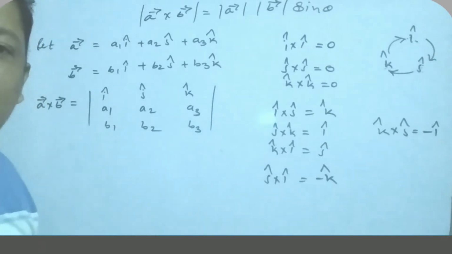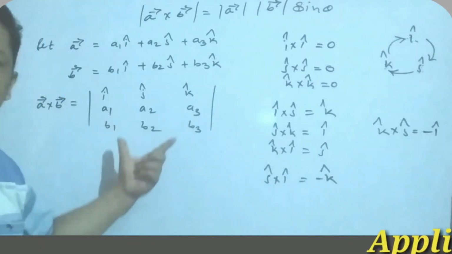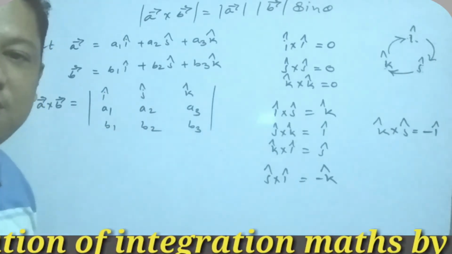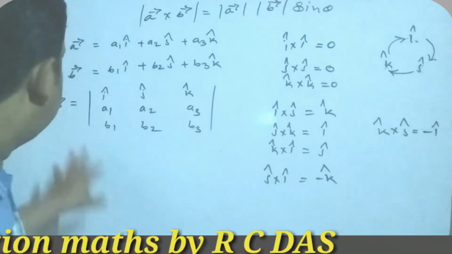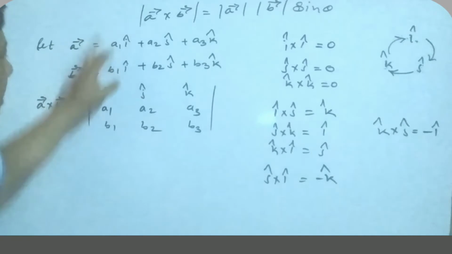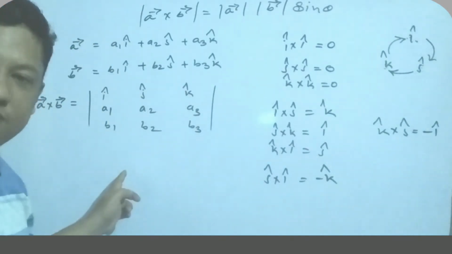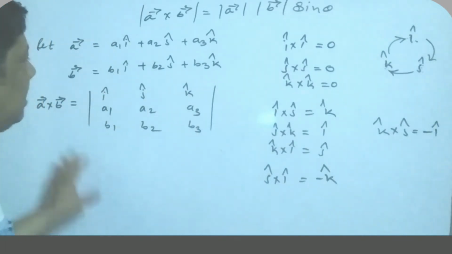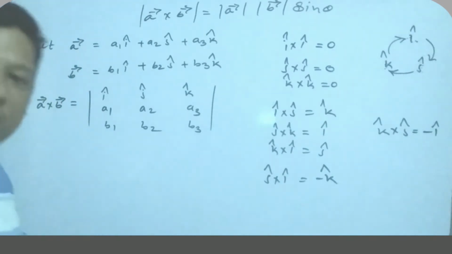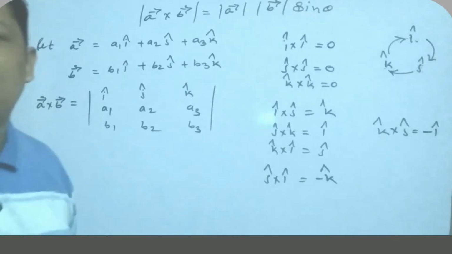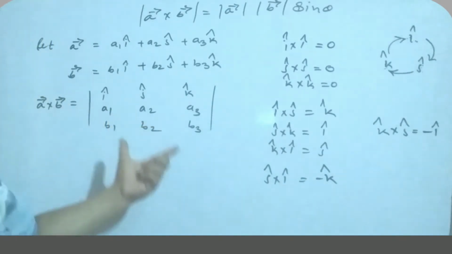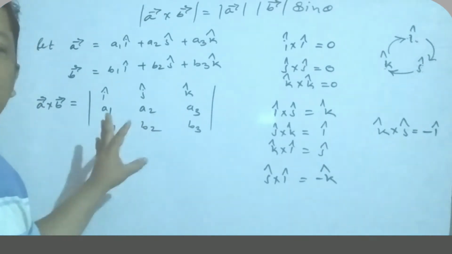If you want to find the cross product, then you have to write inside the determinant, and after that you have to expand this determinant, and you can solve the questions. Okay, my students. So suppose any two vectors are given in this form, then you have to write them in the determinant, and you can find A cross B. Again, look, my students, if you want to find the cross product of any two vectors, then you have to use this determinant. I think you know how you can expand the determinant.